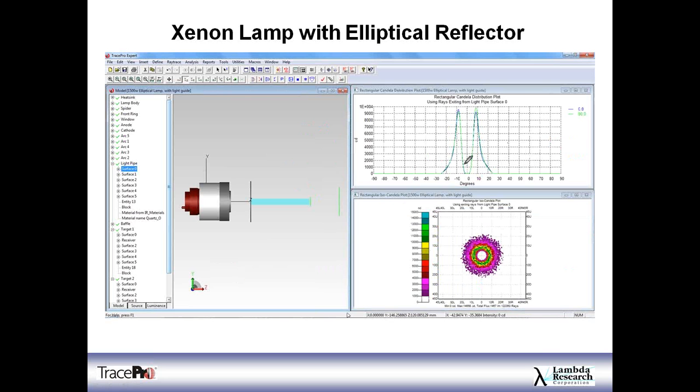And if we go to the Candela distribution, we can see why that's happening. We actually have very little light in these central angles here at the center of this beam. And that's the nature of elliptical reflectors. Because you have a hole in the back here and shadowing due to the electrodes, they don't have a nice